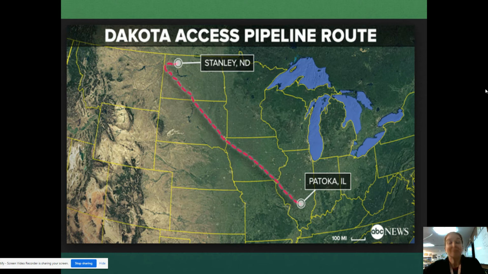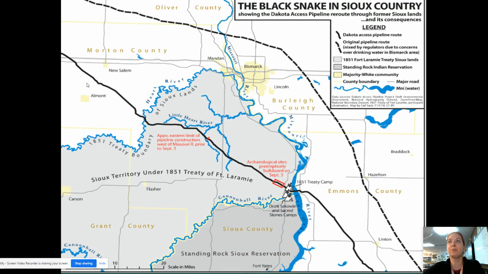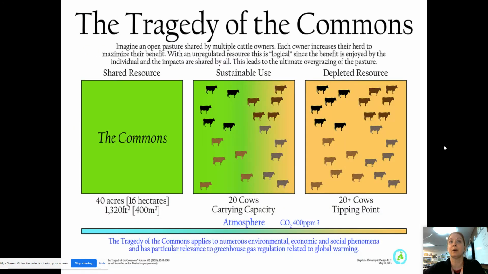So, starting in your packet, here is one of the examples of a land use. The Dakota Access Pipeline route. We remember the protest from a few years ago. Going through Sioux country. So we have a lot of archaeological sites and other things they did not want disturbed. So starting with, there's a video, YouTube, there we go. The link is in your packet, so you can watch to get more information on that, but the controversy with